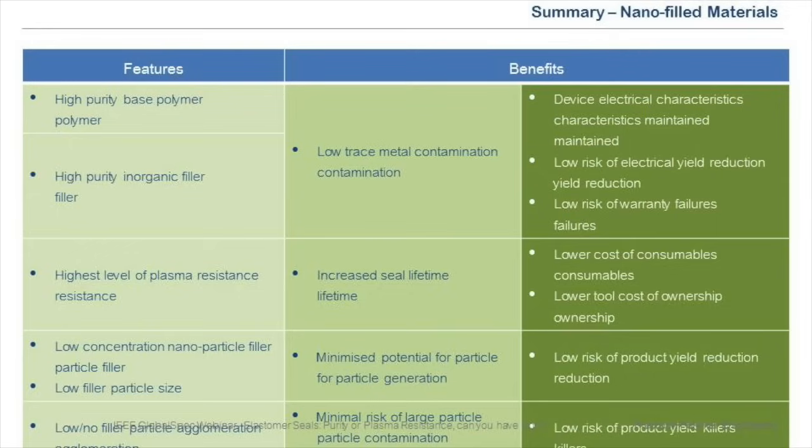Precision polymer engineering provides new nanofilled materials, which are Perlast G67G and Nanofluor Y75G, which have very pure ingredients, minimum metal contamination, and provide maximum plasma resistance, and therefore a longer seal lifetime and less cost of consumables for the users. Perlast G65HP, another new material of ours, has exceptionally good plasma resistance. It is fully organic material, which is ideal for very critical applications, for the smaller node sizes, for the future